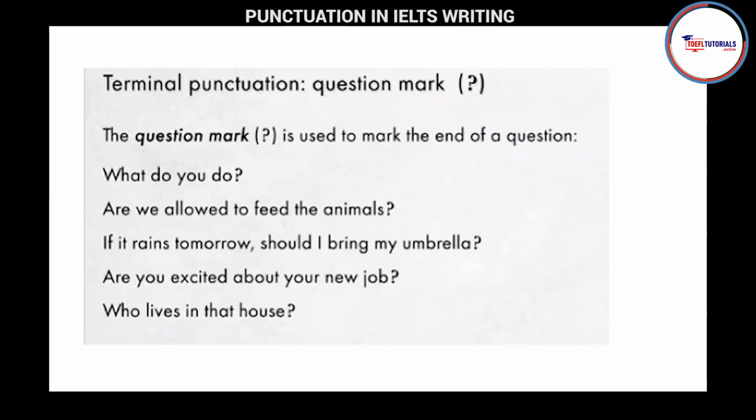Moreover, you can also form questions with the help of helping verbs. For example, the first is, what do you do? This is a W question. Then, are we allowed to feed the animals? So again, this is a question. Seriously, I do not want to go into such basics because everybody knows this. This is just a way to let you know that yes, these parts also exist. So do follow this.